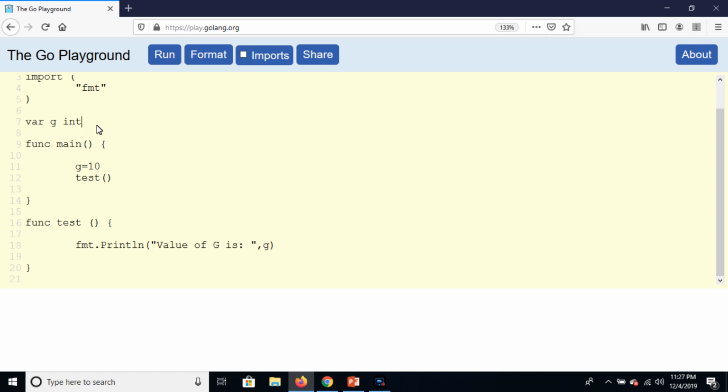Global level variables are defined outside the function, usually on the top of the program like this, and we can access these variables in the main function or in any other function like the test function. Let's suppose I declare a g variable that represents a global variable, and in main I can access this variable and change the value or initialize